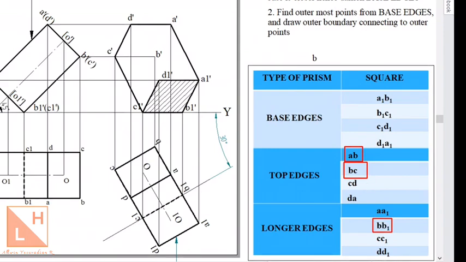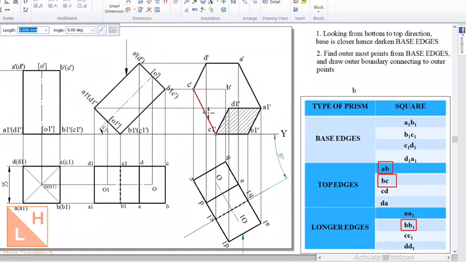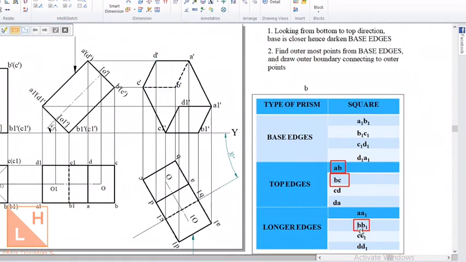So we can draw those as hidden edges, and then we can see what else is to be done finally. So draw A to B, point A is here, that is A dash, to B dash with a dotted dark line. Next is BC. From B dash to C dash, it is a hidden line. So draw it with a dotted line. And BB1 should also be drawn with a hidden line. B dash to B1 dash with a dotted hidden edge. So now the hidden edges are marked.